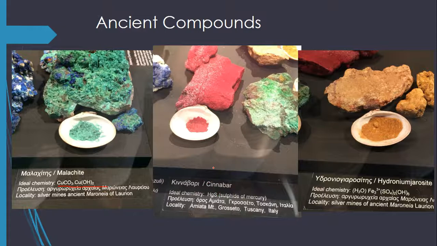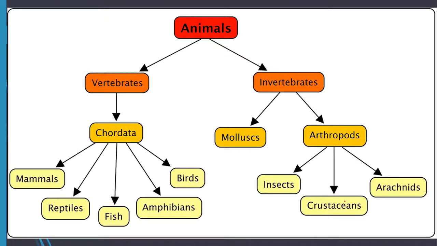And if they needed that, they need one mercury and one sulfur, and they didn't want anything in any other variation. And here's this yellow orange, which has iron and sulfate and hydroxide in it. So basically what we're doing here is the same as what we were doing in